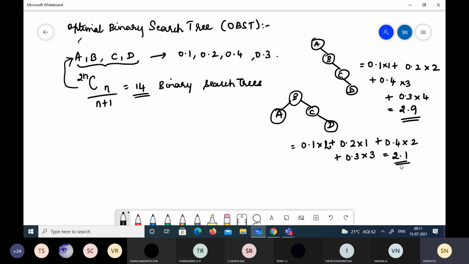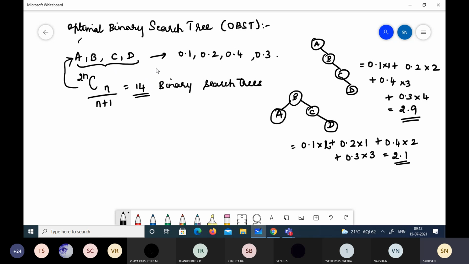So depending on the structure of the tree, the number of comparisons varies, isn't it? Our idea behind constructing this OBST is that we should have an optimal binary search tree where we can have the smallest possible number of comparisons. That can happen when we construct all 14 binary search trees and check with the probabilities like this. This is a very tedious task, isn't it? Here we have only 4 keys, that's why it's fine. Okay, 14 we can think of constructing. This is also very difficult.